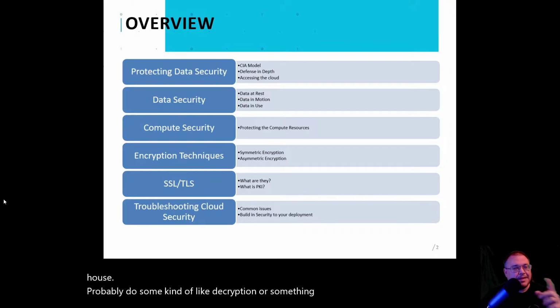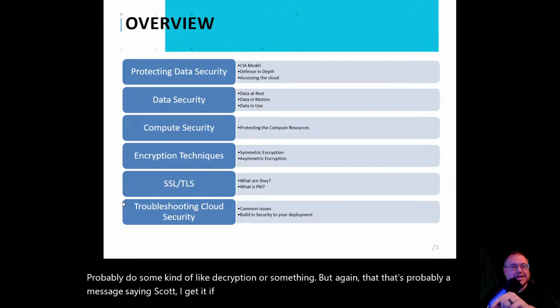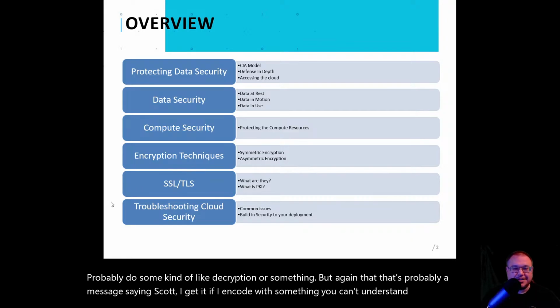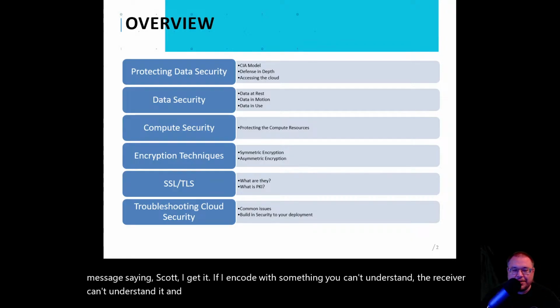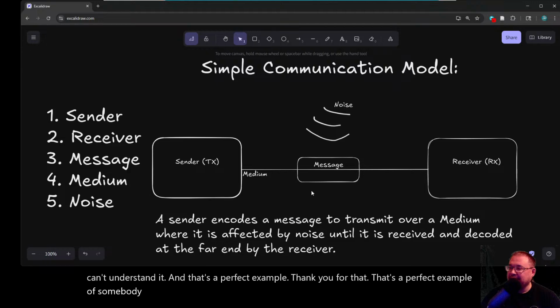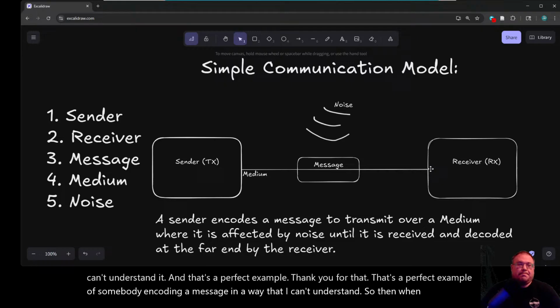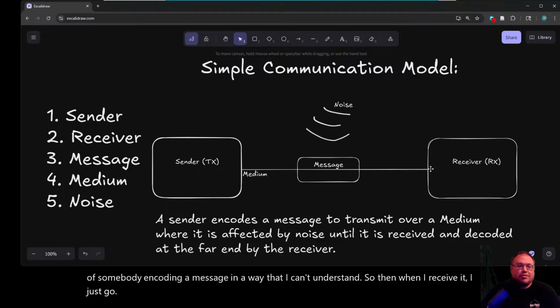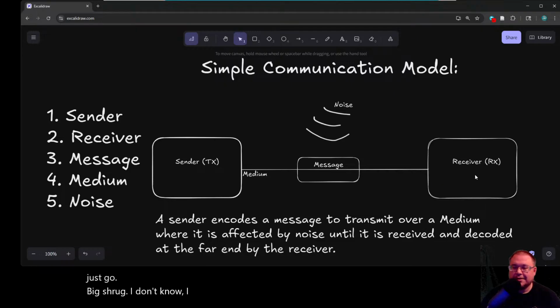But again, that's probably a message saying, Scott, I get it. If I encode with something you can't understand, the receiver can't understand it, and that's a perfect example. Thank you for that. That's a perfect example of somebody encoding a message in a way that I can't understand. So when I receive it, I just go, big shrug. I don't know what it is. So that's a perfect example of that. I appreciate that.